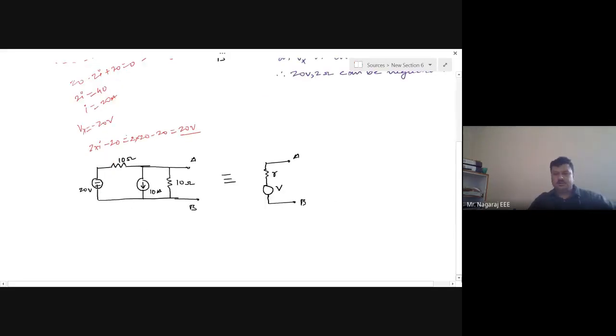Now it is your duty to solve. I will give you 10 minutes. I will be online. You should be online. Solve it and tell me the answer. I can pick anyone to get the answer from the entire list. Please start solving. Now it is 20 volt in series with 10 ohm, 10 amps in parallel with 10 ohms. It is very simple. You solve and tell me the answer.